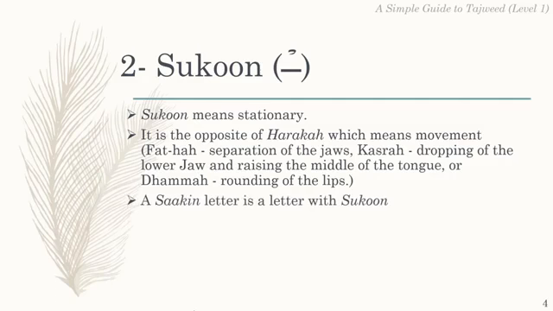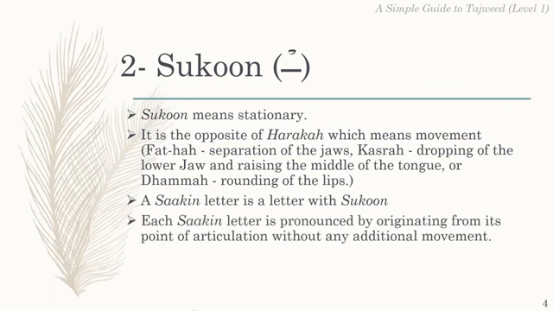A second letter is a letter with sukoon. Each second letter is pronounced by originating from its point of articulation without any additional movement. For example,